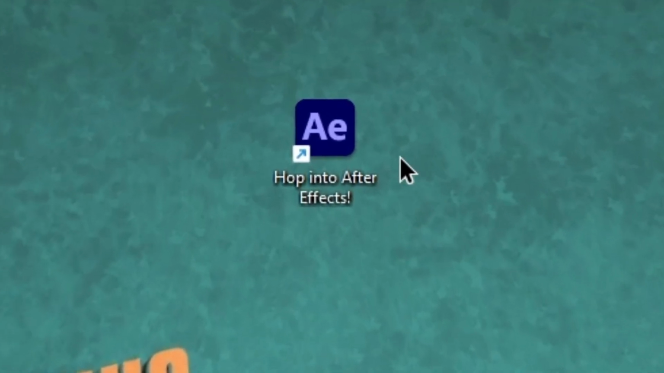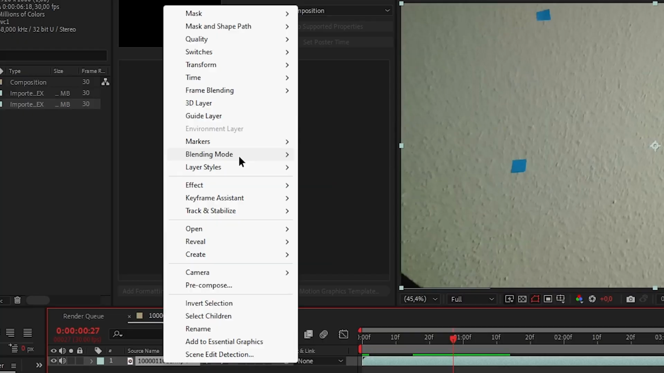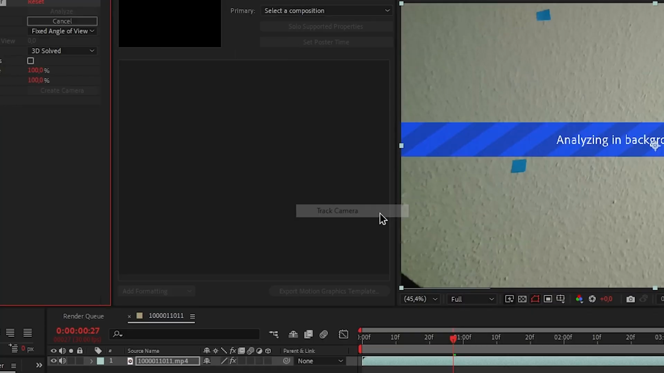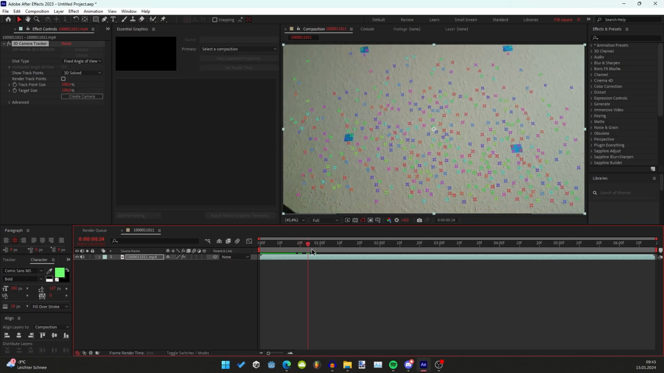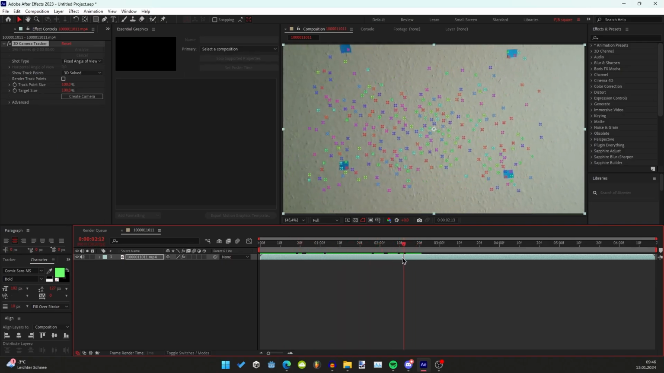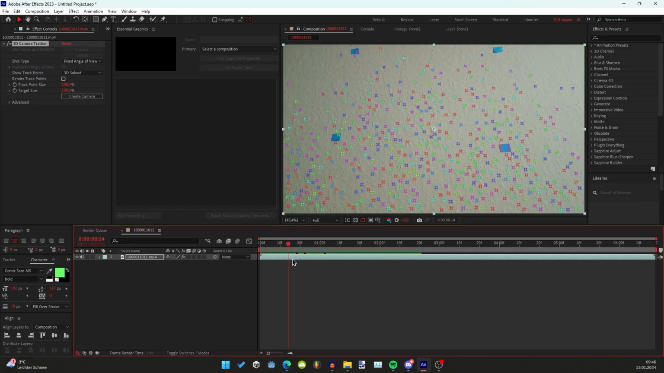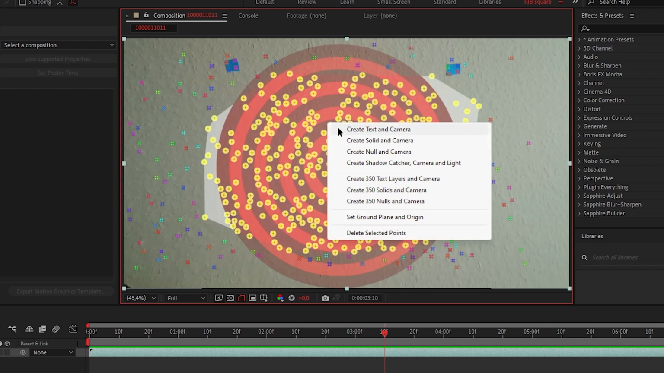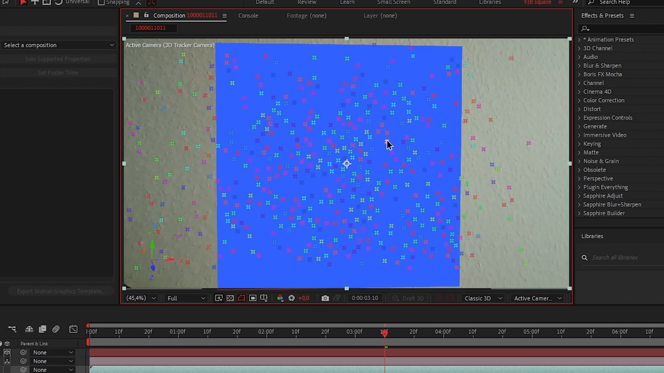Now that you filmed your shot, hop into After Effects. So first we're tracking our camera footage like so. The more detailed your wall is, aka the more stickers you have on it, the better it will probably work. Just select a random area of trackers and right click, say create new camera and solid, you're good to go